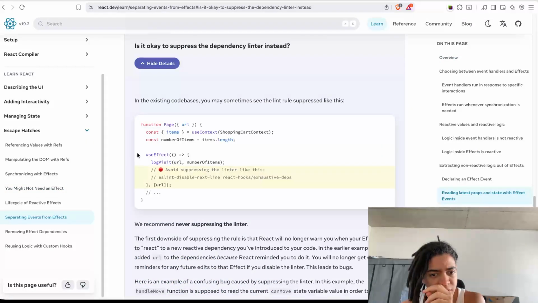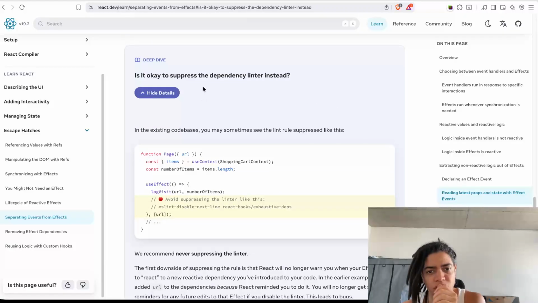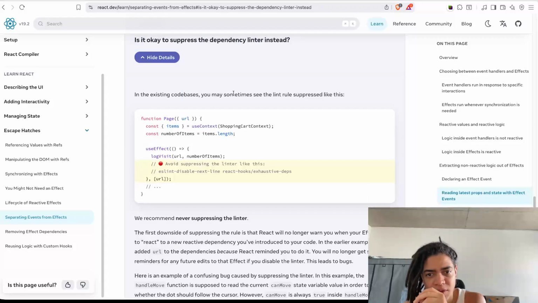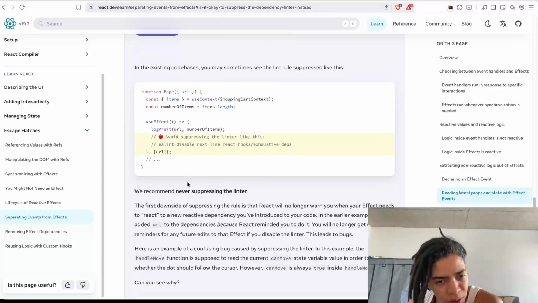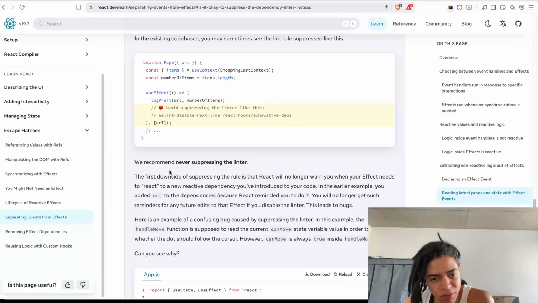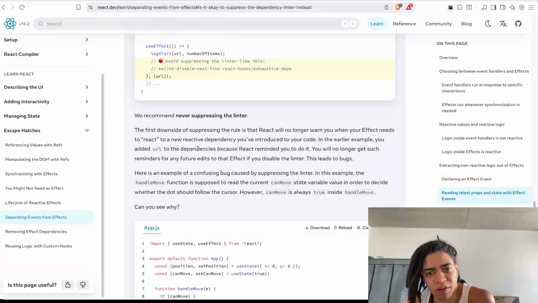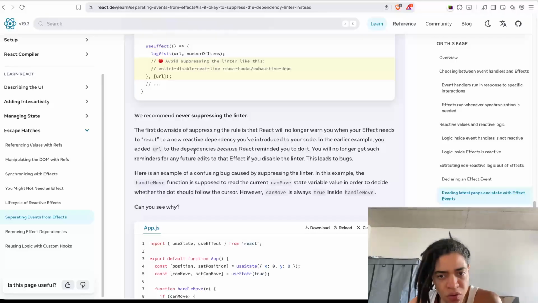Separating events from effects. It is okay to suppress a dependency linter instead. In existing code bases, you may sometimes see lint rules suppressed like this: eslint-disable-next-line react-hooks/exhaustive-deps. We recommend never suppressing the linter. The first downside of suppressing the rule is that React will no longer warn you when your effect needs to react to a new reactive dependency you introduce in your code. In the earlier example,